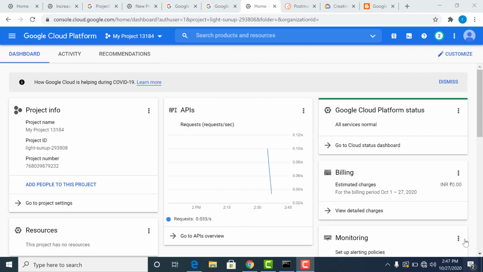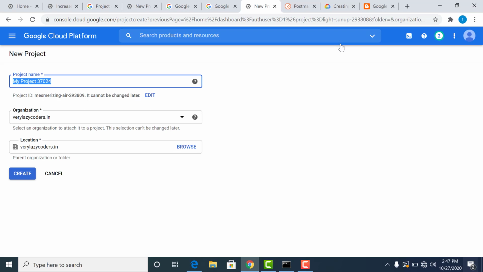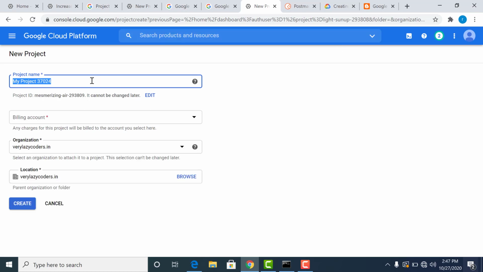The simplest way to create projects in GCP is, once you log into the console, just click on this particular drop down and click on new project. You can change the project name and the ID. The only difference is if you change the ID, then you cannot change it back, but the project name can be changed once you've created it. So it gives you a random text. You can change it and you can create a project name of your liking. So I'll just put this as my project ABC test.